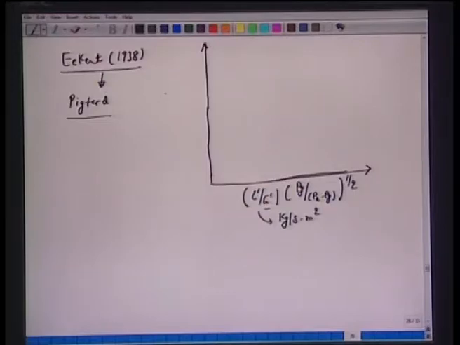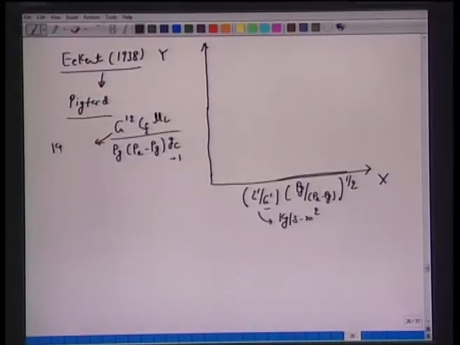And here on the y axis we have G prime again, square root of Cf mu L over rho g, rho L minus rho g, and you have this Gc here, which is of course 1 if you use SI units. Okay, this G is kg per second per meter square. So we understand that this is G prime.